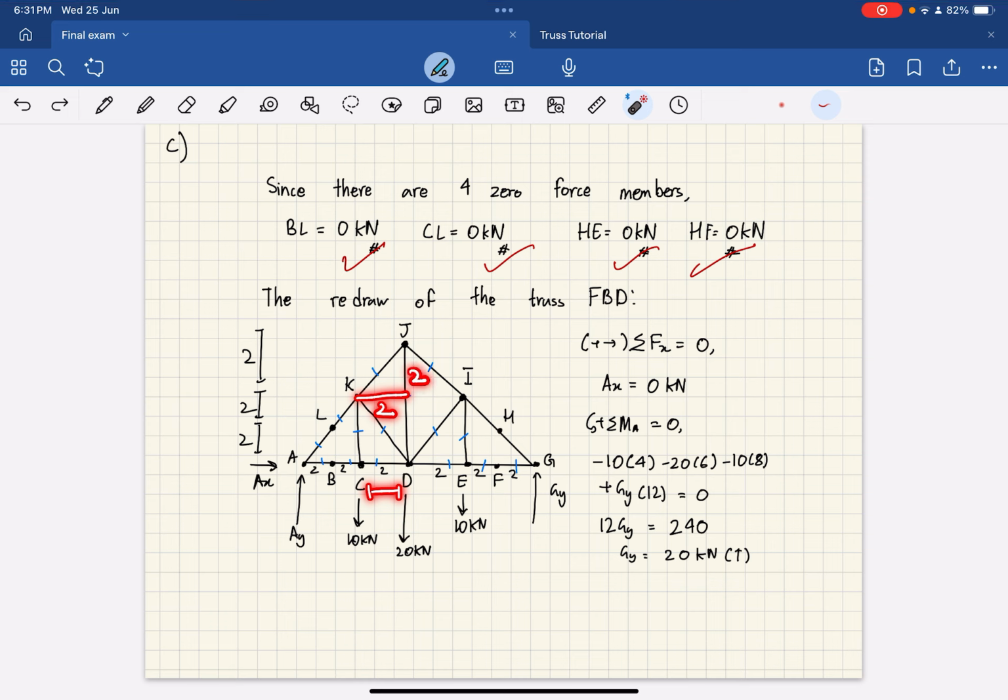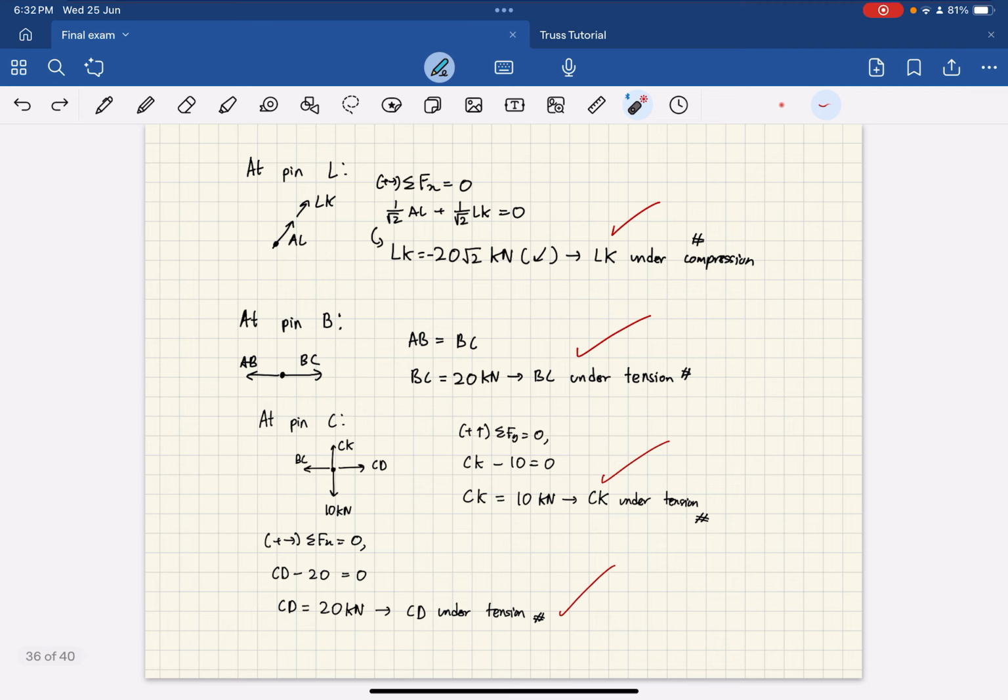And this is 2 meters, so that's why the direction is 2 to 2, or 1 to 1 also. Okay, and the same also for KD, because this is about, I think, 4 meters. This is about 2 meters, so this one is a 2 to 1. Okay, so using the directional triangles is quite helpful actually, because they allow me to find the forces across the